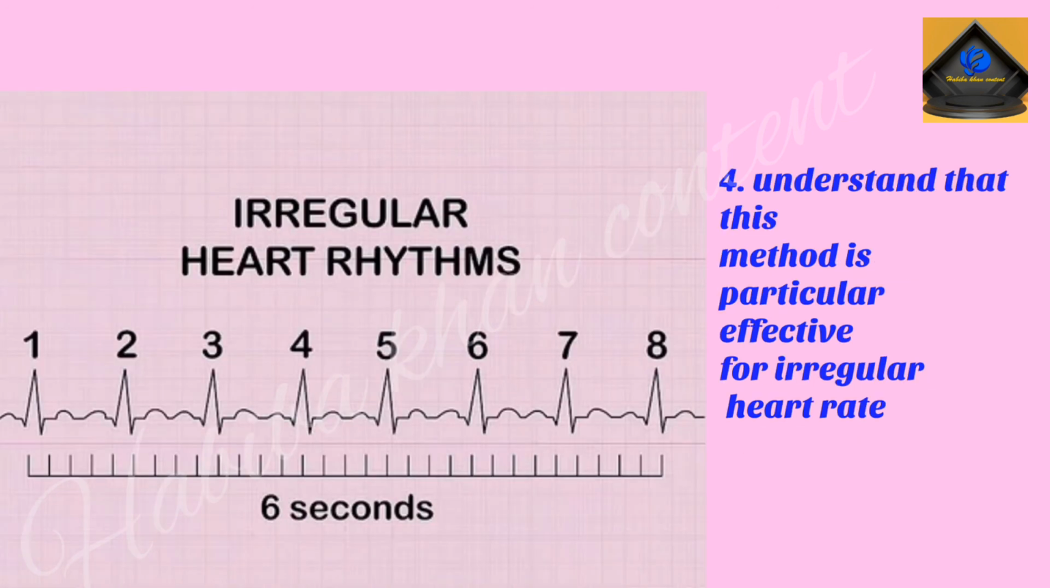Understand that this method is particularly effective for irregular heart rhythms. If the heart rate is regular, the first method of simply determining the distance between one QRS and the next can be very effective, because the distance between all the QRS complexes is presumably